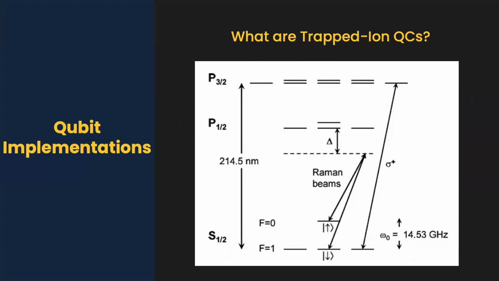Here is an image of the Hyperfine qubit. So you can see the F equals 1 is at the very bottom, the down state, and the F equals 0 is the up state. And it's a pretty small energy gap between the two states. Especially when compared to